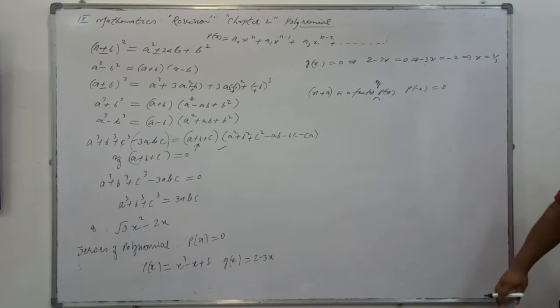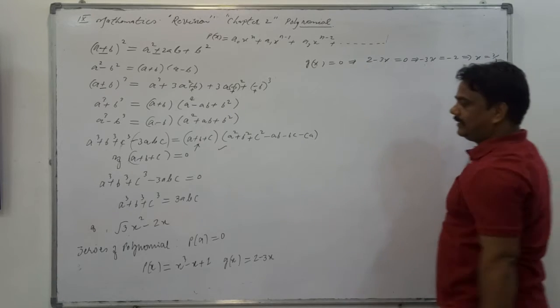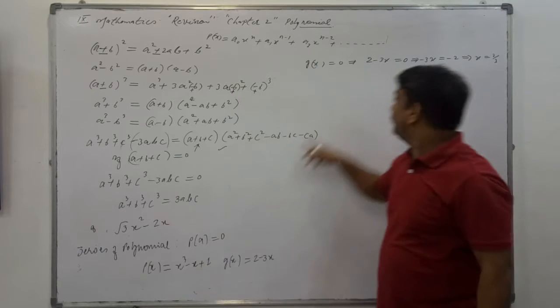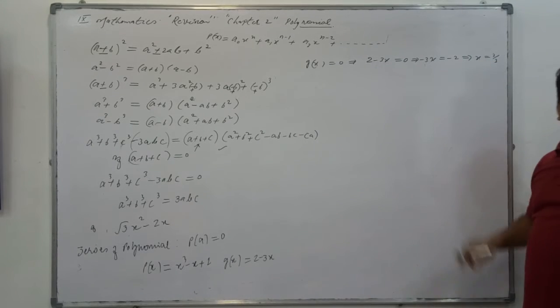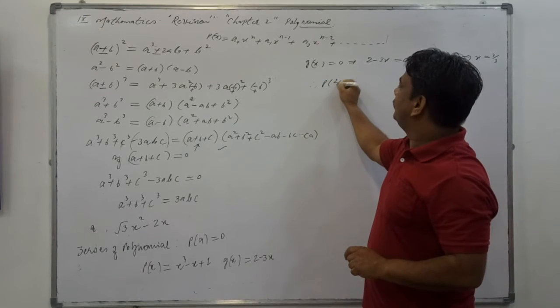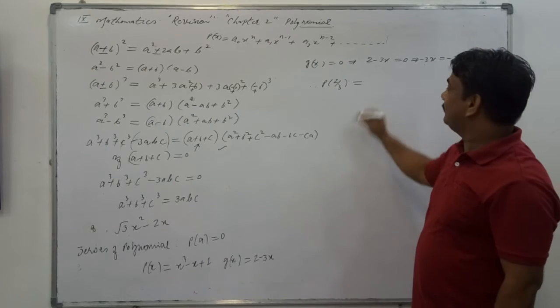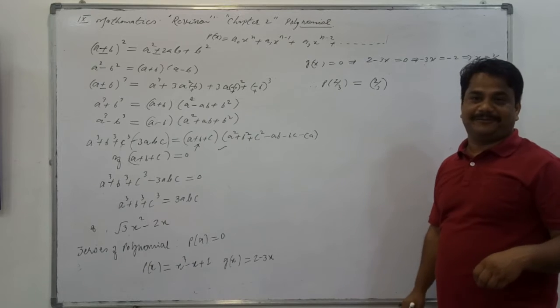So what do you have to check here? You need to check whether 2x minus 3 is a factor of this or not, or this is a multiple of this or not. Same thing. Clear? So what you will do: in place of x you will put the real number here. Therefore, you have to find p of the value. What is the method of finding it? You are finding the value of the polynomial.